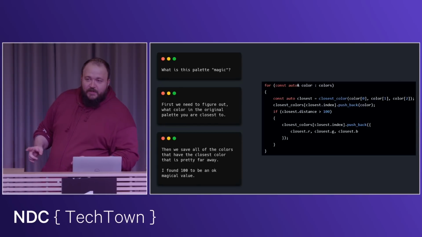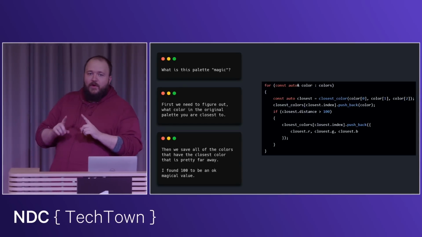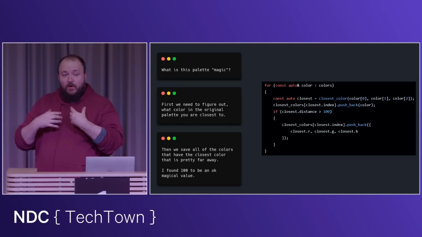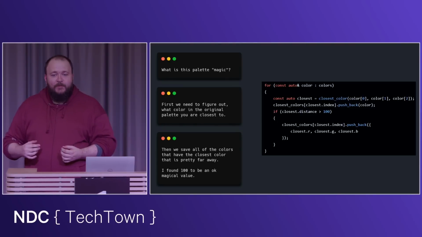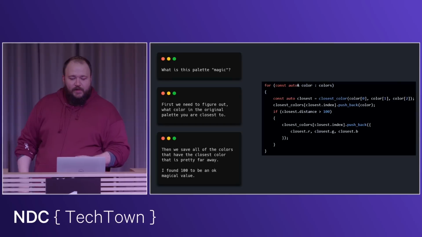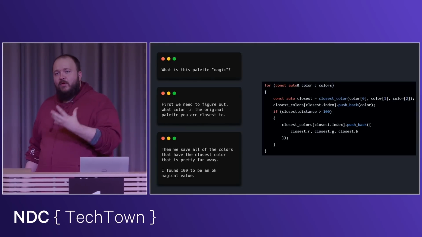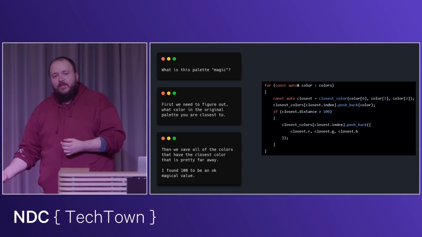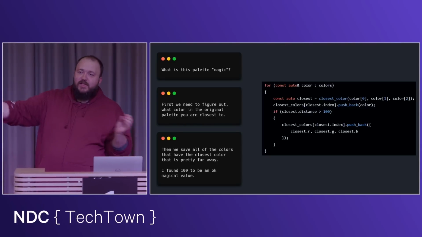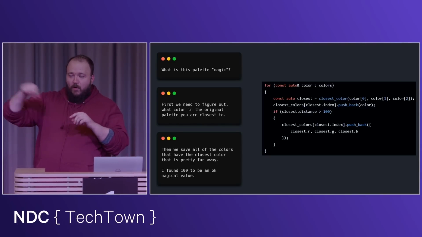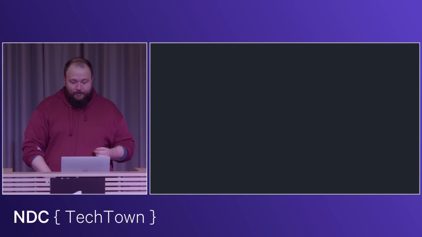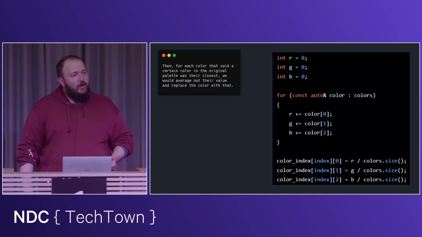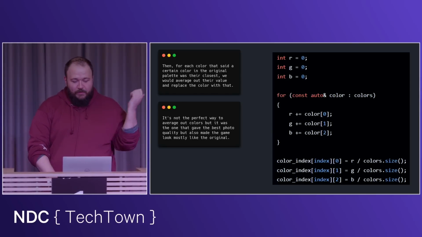We save those, and then we say, all the colors that are far away from the color that you are closest to. Because if the color is pretty close, we could just use it. That's fine. But if you're really far away from it, we want to do something else. So we collect all of the colors that are far away from a specific color. One color in the playpal file might have like 5 or 6 other colors that are closest to the original color. Then, for each one of those colors, we average their color out. So here's the code for that.